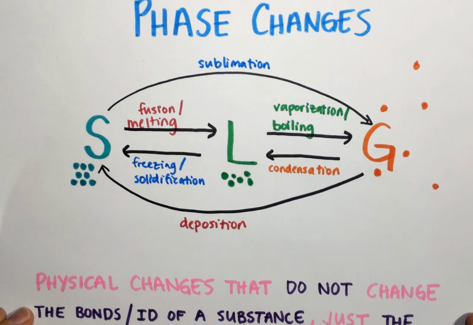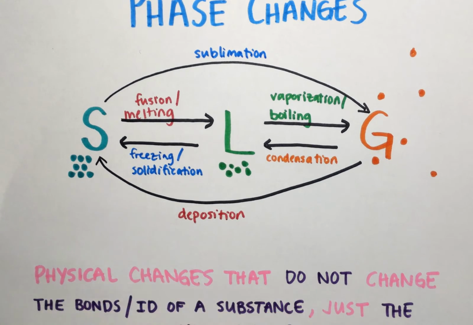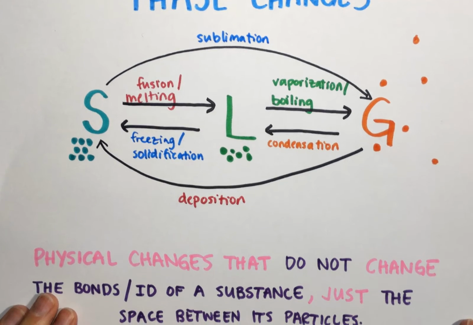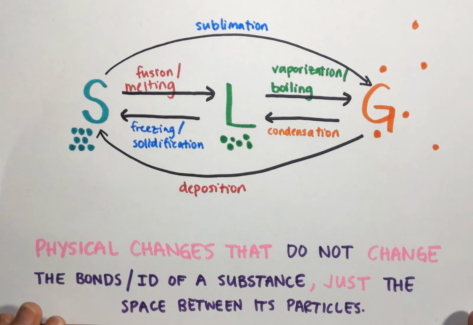All of these changes, whether they're moving in the forward direction or moving in the reverse direction, are physical changes. When you're looking at moving from one phase to another, you're not changing the chemical bonds or the identity of the substance. All you're changing is the space between its particles, and that's what defines a physical change. No change in identity, just a change in space, so that, yes, these will have slightly different physical properties, but chemically, they're going to look